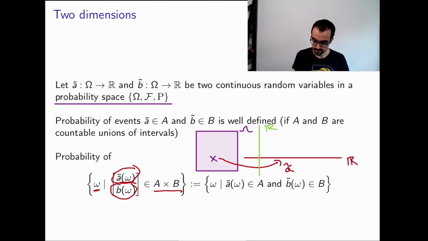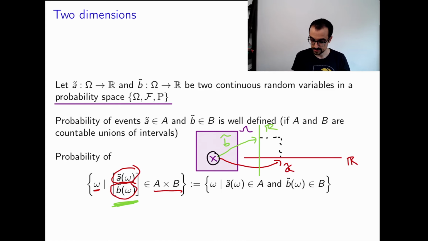Okay, so B would map this guy maybe here. So now, if we consider this vector here, where the first coordinate is where A maps to, and the second coordinate is where B maps to, this gives us a multivariate function basically, where